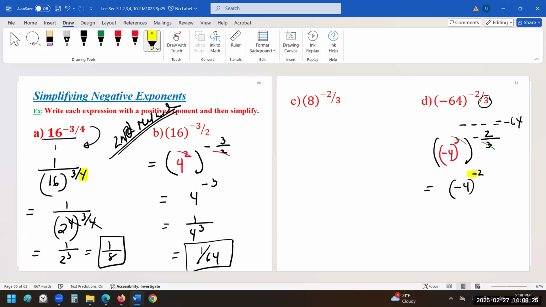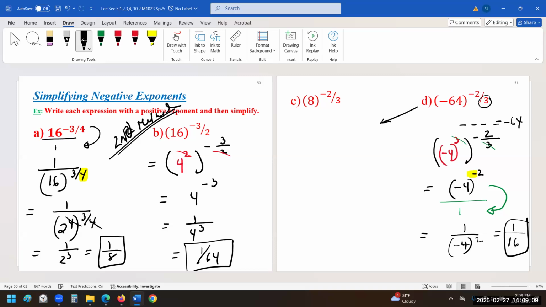Now we don't want this negative power. The base is okay, but the negative power, we can get rid of that. Because we have 1 below that, bring it down. We have 1 over negative 4 to the positive 2. Negative 4 squared, it's squared this time. It means negative 4 times negative 4. What do you get? 16. So this is what you do if you get rid of the denominator first.